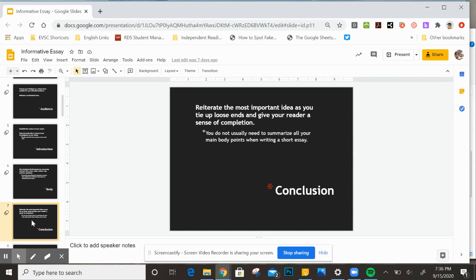We're reiterating the most important points. You're tying up loose ends. One thing you do not do is you do not bring in a new topic. You do not bring in a new piece of information that you have not talked about at all in your paper. That's not what the conclusion is, because you're wrapping up the paper and throwing out something new. Your reader will be confused, right? So you don't want them to get off at the end of the paper and think that there's still more, that there's something additional to be reading about, right?